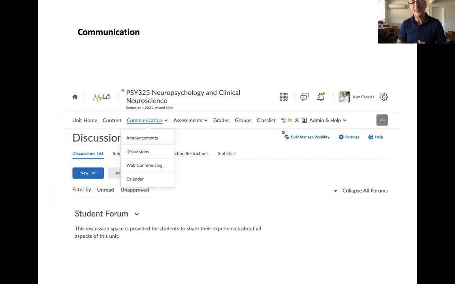Communication is very important for us to establish good communication, particularly in the world we live in at the moment, with COVID-19 and so on and so forth. It's very important that we are all on the same page on a number of topics, on every topic if possible. So it is important that we communicate effectively. For that purpose, please do use the discussion boards on Milo. If you go to communication, click on discussion, and then you'll access the student forum. And I have created,